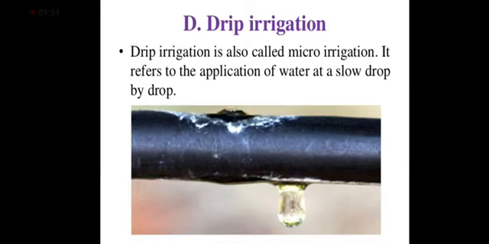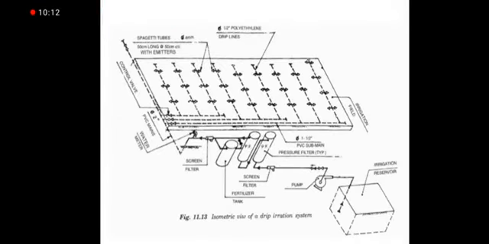In this irrigation, we provide an underground pipe system just at the bottom of the crop, and there is a knob from which the water comes out drop by drop and irrigates the crop. Here in this picture, we can see we have an irrigation mechanism, and here we have pumps and all these mechanisms so that the system of zigzag piping goes through.